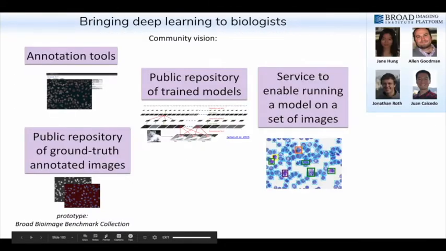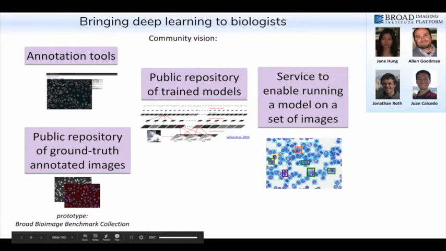So we're working in one, I really want to make a pitch to everyone. As I said, my mission, I don't care who does what, I just want to make sure that biologists' needs are met with the latest technologies. And so my lab really wants to serve in a kind of community building role, to bring together researchers that are working in different areas and just make sure that each of these different pieces